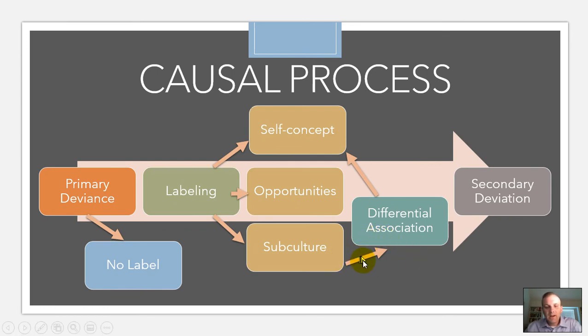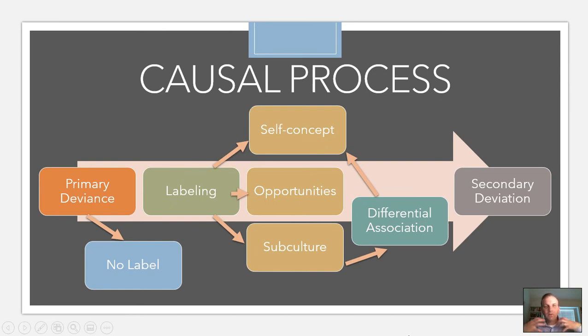So hanging out with people that are out there smoking marijuana is going to teach you other ways to do it. Maybe get involved in other drugs, heroin or cocaine or crack or methamphetamine or all these other types of things. And at the same time, maybe learn how to steal and break into cars and rob stores and all these good things. And that's going to interact with your self-concept because you're hanging out with these subcultures. You're learning more delinquent activity or deviant activity, and they're going to work both ways.